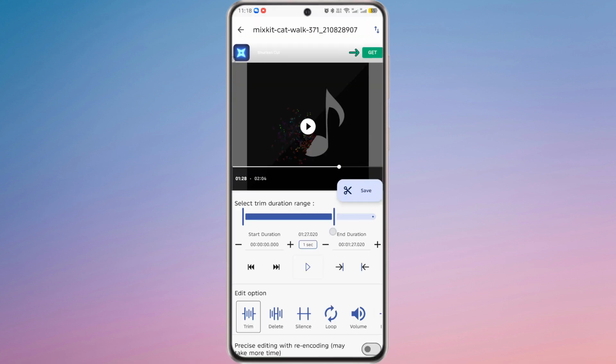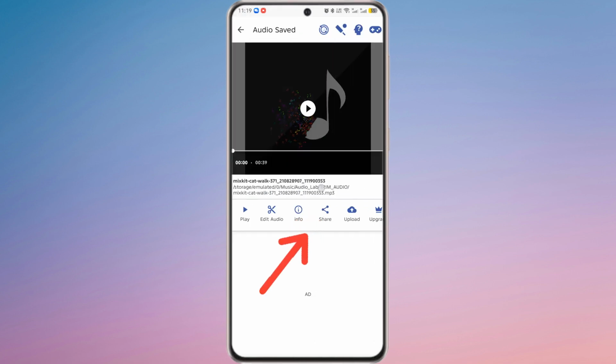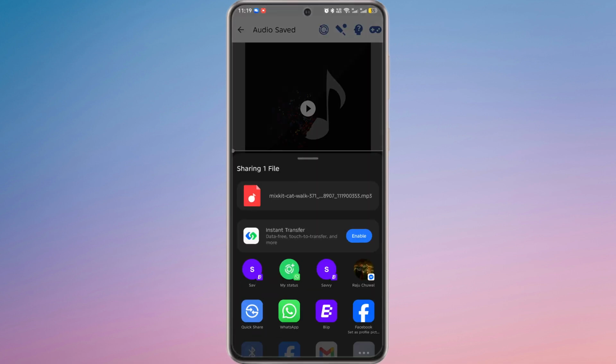Once your file is ready, tap the Save button to save the edited audio to your device storage. After saving, you will see the Share button. Tap on it and the menu will appear with multiple sharing options including social media apps, messaging apps, email or cloud storage platforms. Select your preferred sharing method and follow the prompts to send your audio file directly to friends,